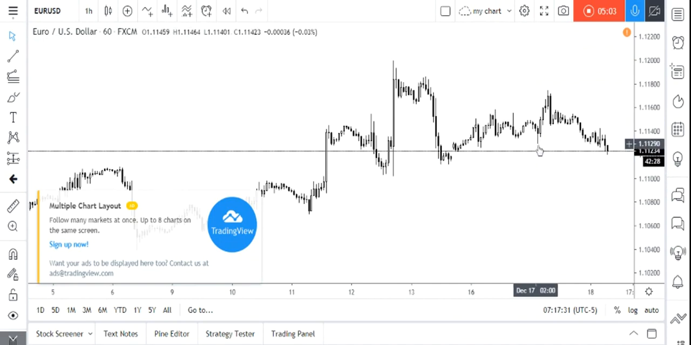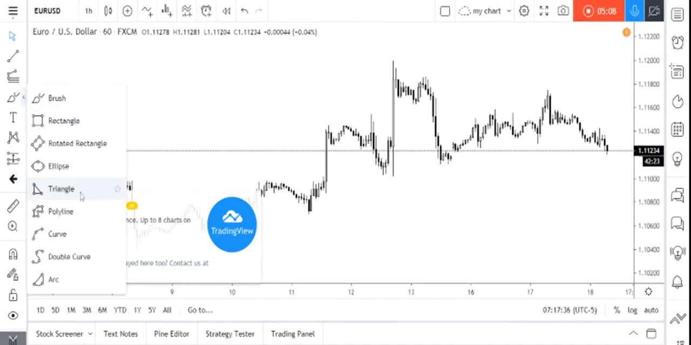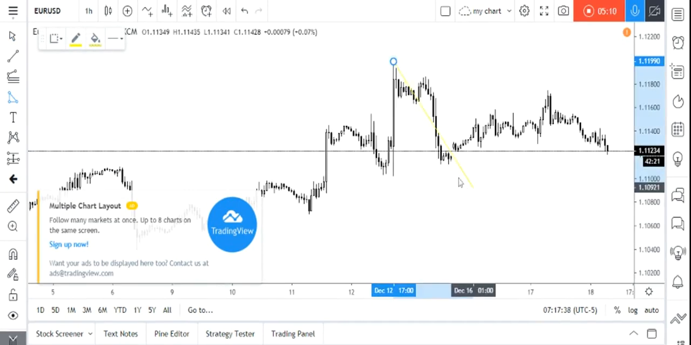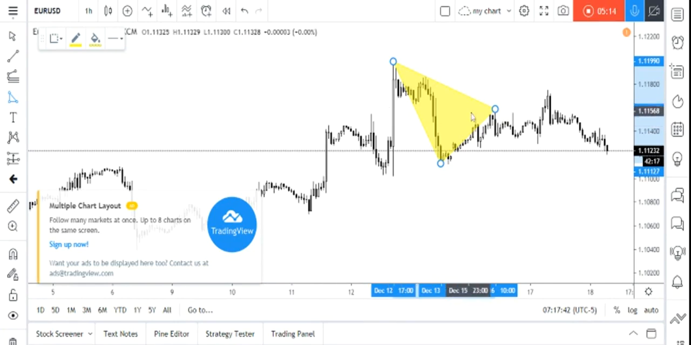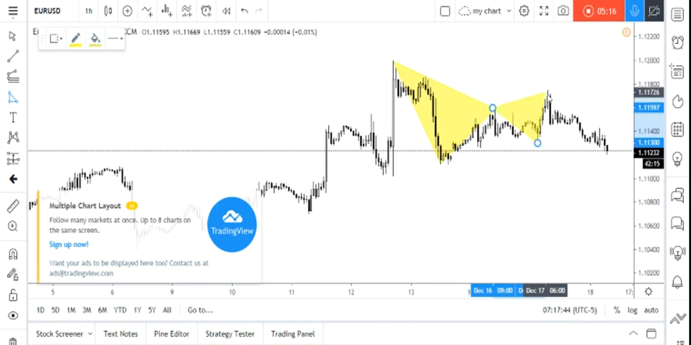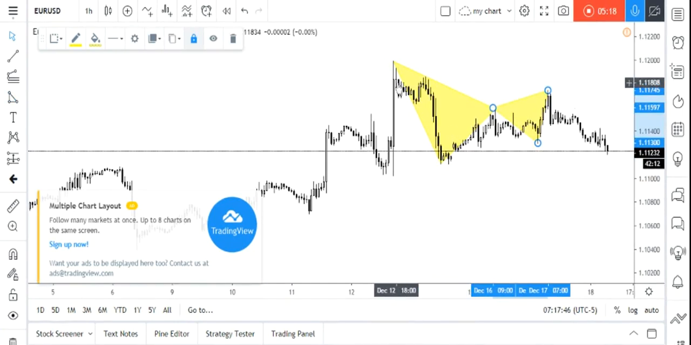And this has been validated after penetration of this point. So if I try to plot my triangle, this will be the left arm, and this will be the right arm, and this is the Gartley. So now the bigger pattern is from this point to that. This is a bearish Gartley completed already, and if we measure the retracement,